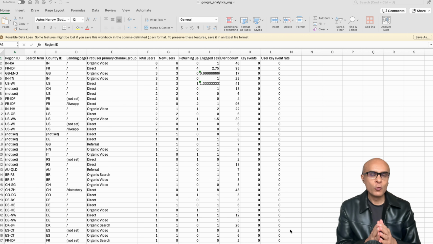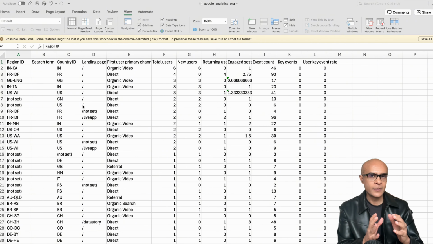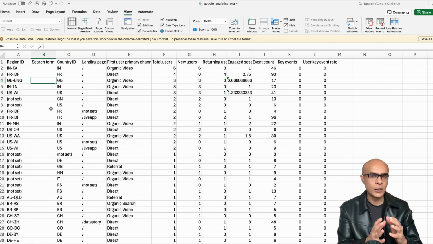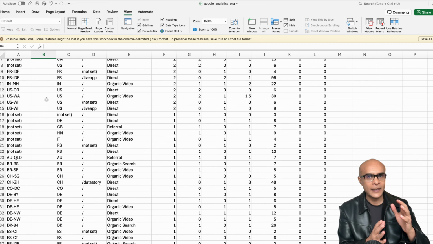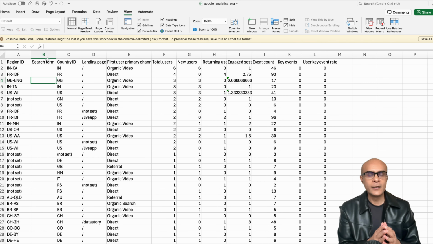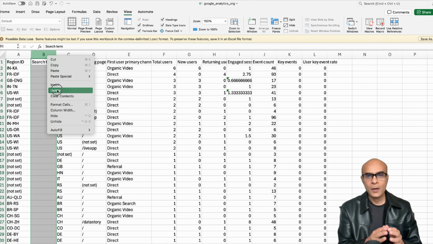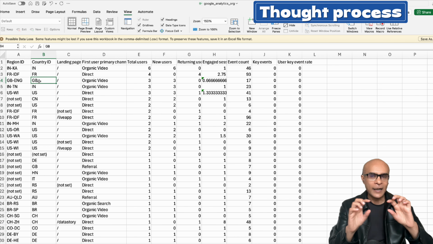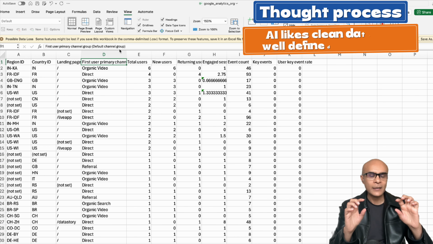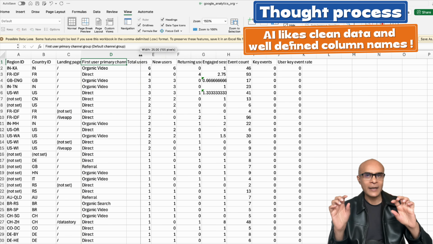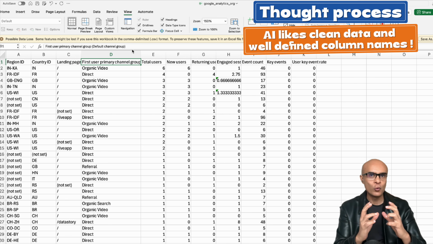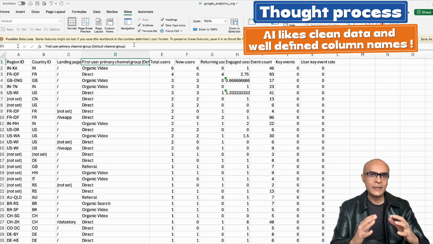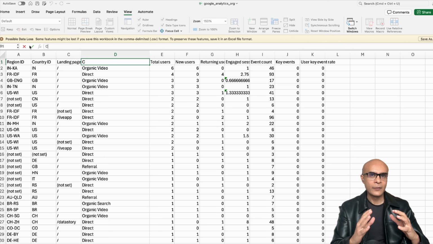Let us first try to prepare the data. So here you see the column search term, which is empty. It has got no content. So we can go ahead, select it and delete it because it is not adding any value. There is another column related to channel, but the title of this column is too long. It says first user primary channel, but we can just rename that to channel. Now we can save the CSV file and we are all set to load it in the AI platform datajarvis.ai